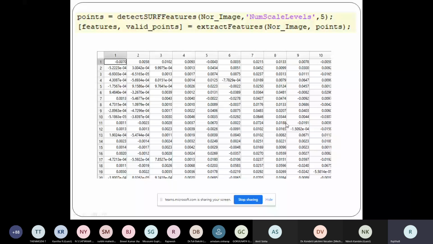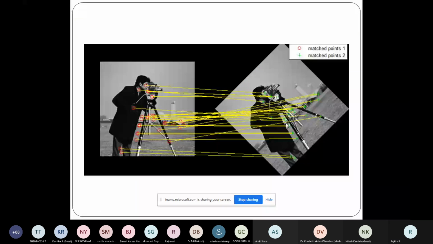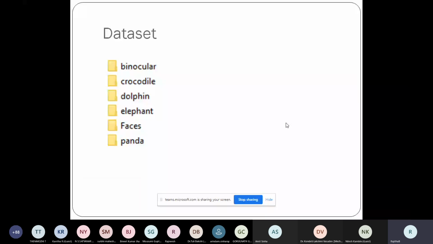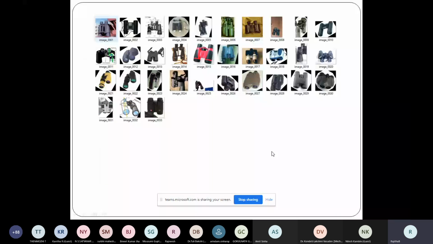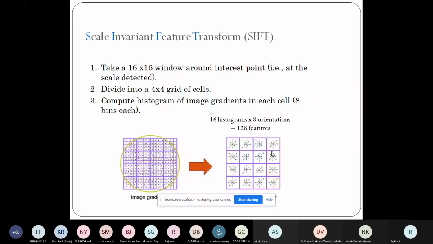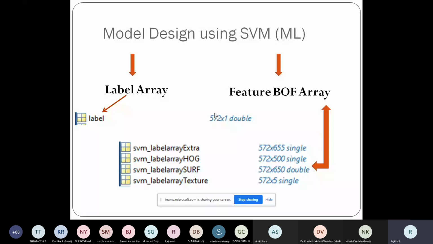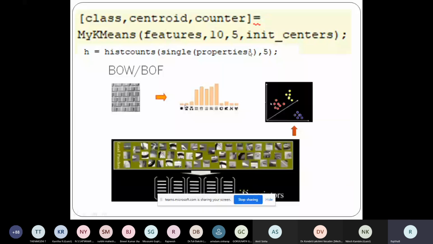Now, what is the next step? I have got features. Then I need to represent them as one single row for each matrix, right? For that, as I told you in my previous class, we use bag of words. This is again in-depth knowledge you need. We have used k-means clustering to group them. For 10 groups we have made here. We have taken the feature vector and grouped it into 10 groups.